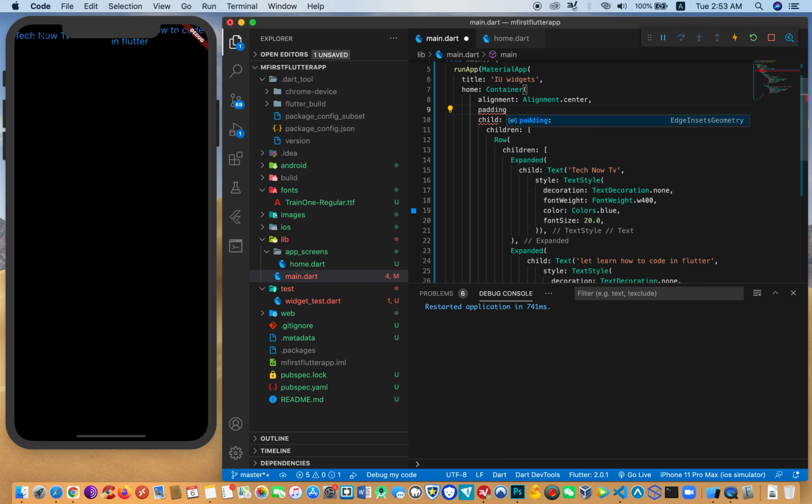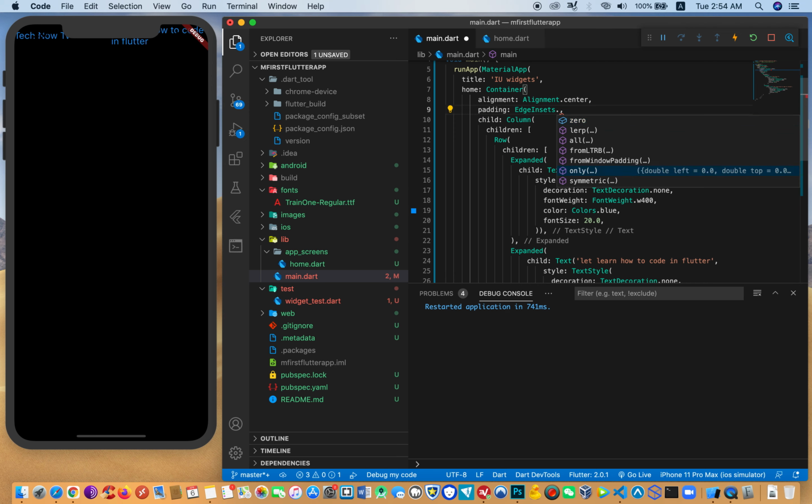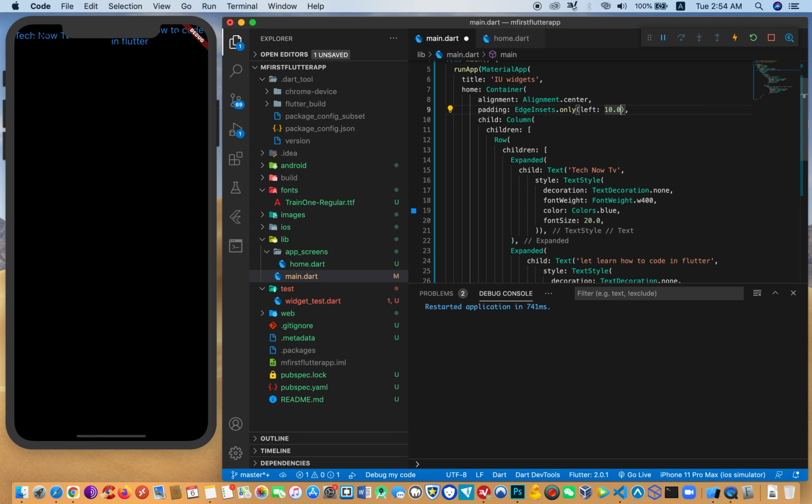So let's say padding, then we have padding EdgeInsets.only, and in the only we can have left, we can define a number for left, and also we can look at the top as well, left and then top. Yeah, top padding, maybe 10 as well, 10, 0. Okay, then I save,